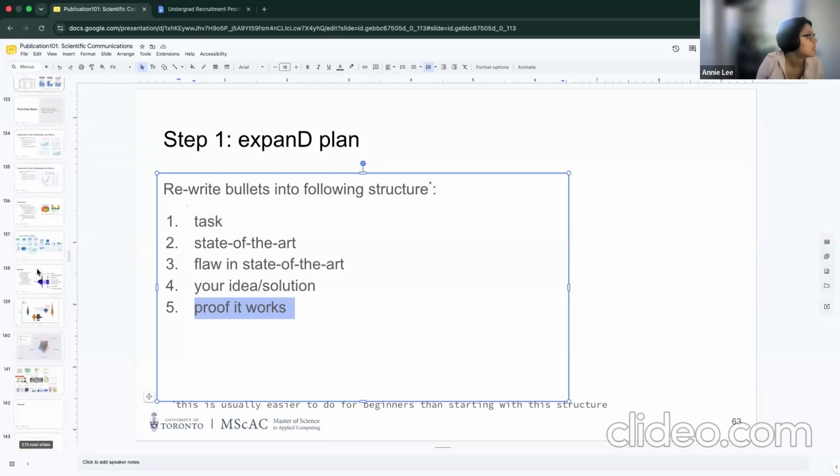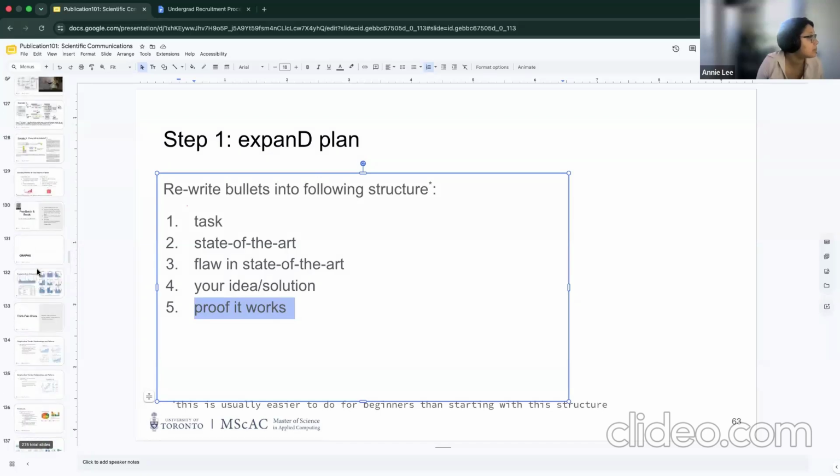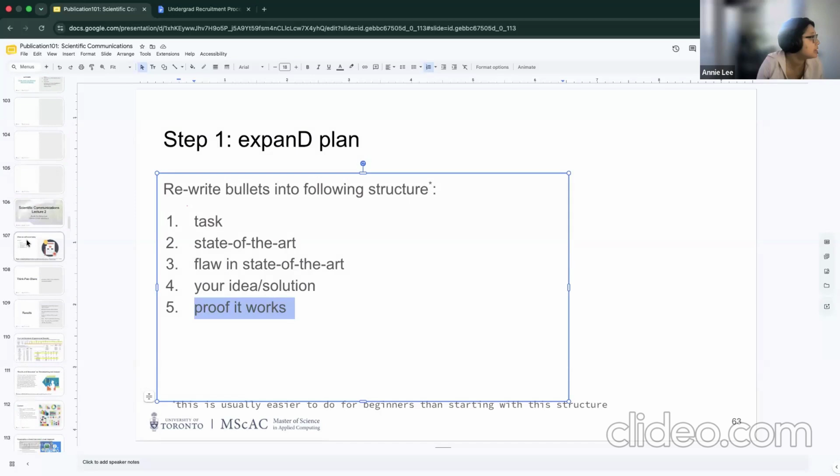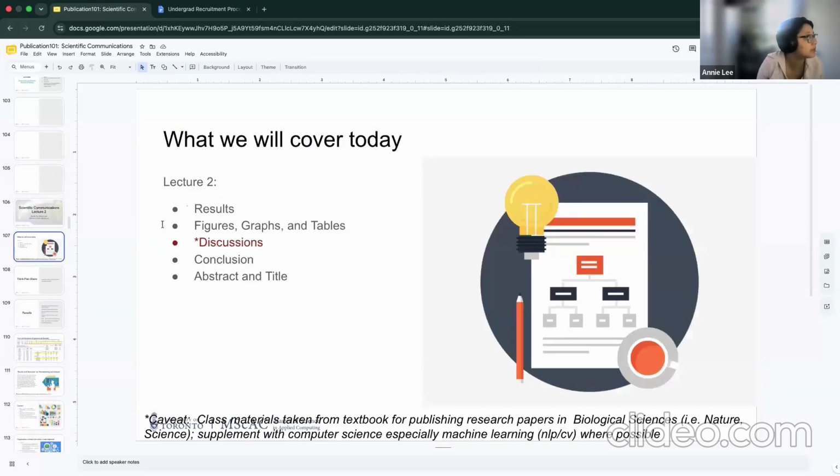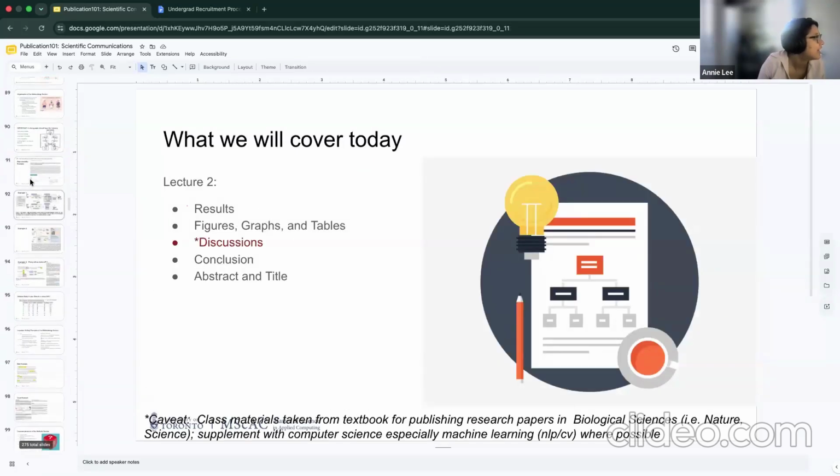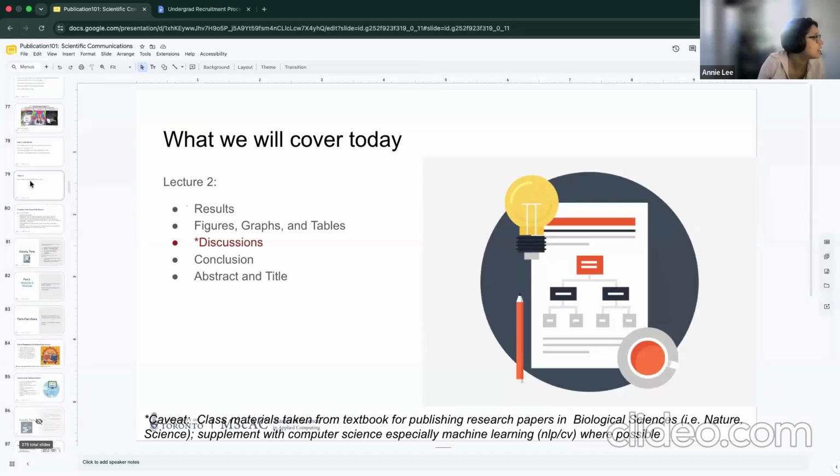Okay. So experimental results. Where's the experimental results? Discussion results. Okay, where's the results? Sorry, I'm looking for the results section. Okay,